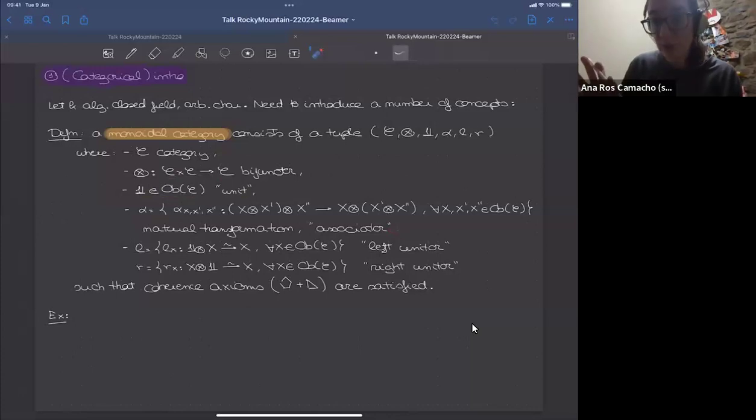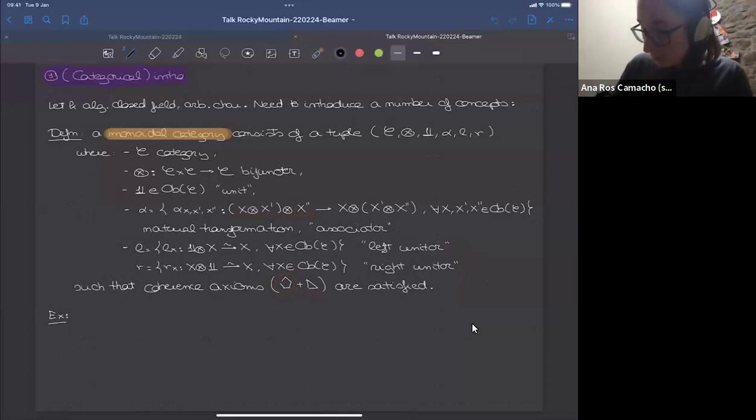And then some more natural transformations that relate the product of any object with a unit on the left and on the right, so left and right unities. And we are requesting this structure to satisfy certain coherence axioms. One is the pentagon. This is to assure that if you have four objects and you multiply them in either way, and relate these multiplications by the associators, everything works well, as it should. And then also similar conditions for the unities.